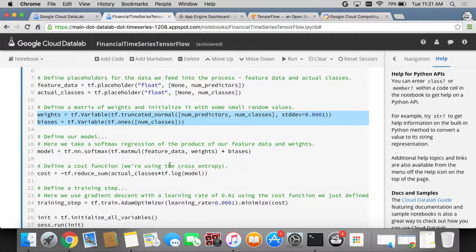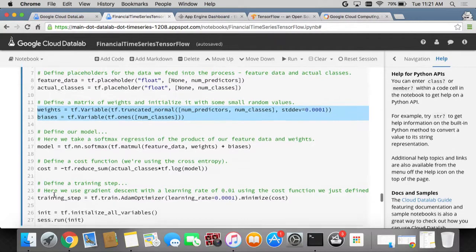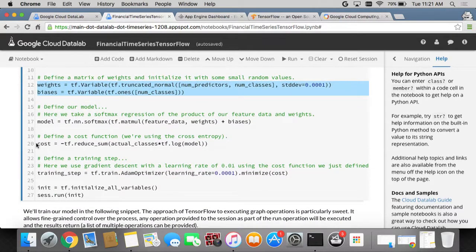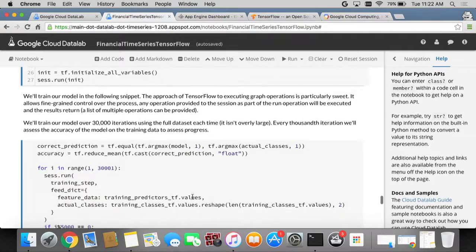The model is then going to be iterated against a cost. So how do you know if your model is good or not? You minimize the cost. The cost is the divergence between what is your real data and what has been projected to be. So you do the comparison, and the more the cost goes down, the better you are. So the training step will be just to train this and minimize the cost. So that's how we create the thing.